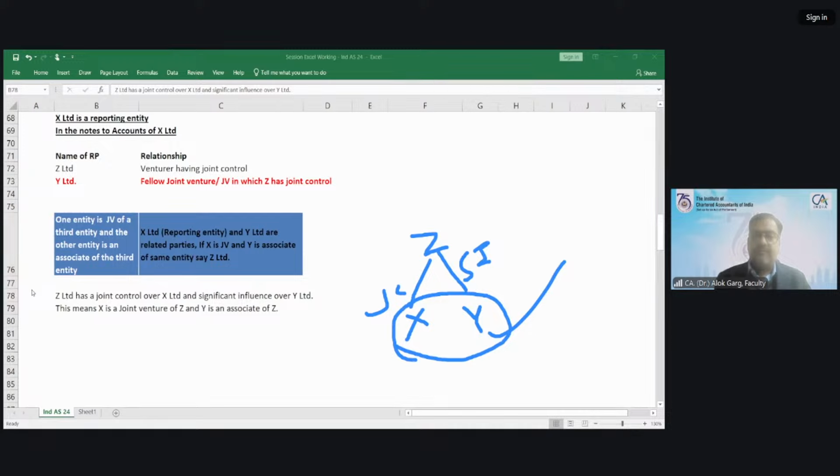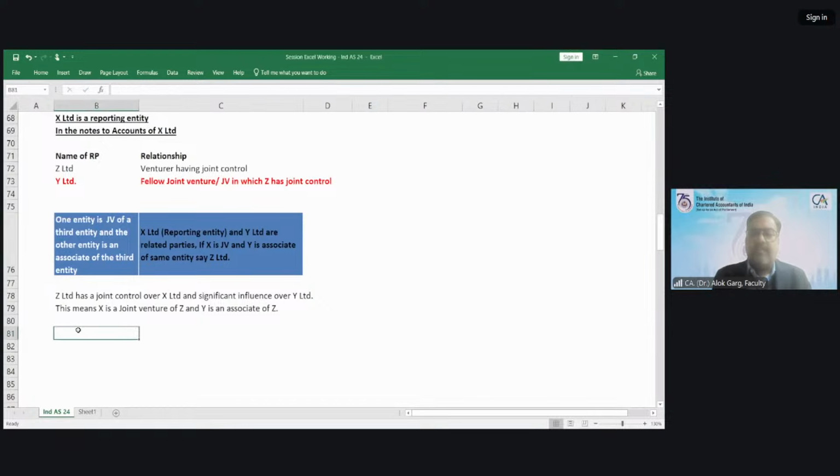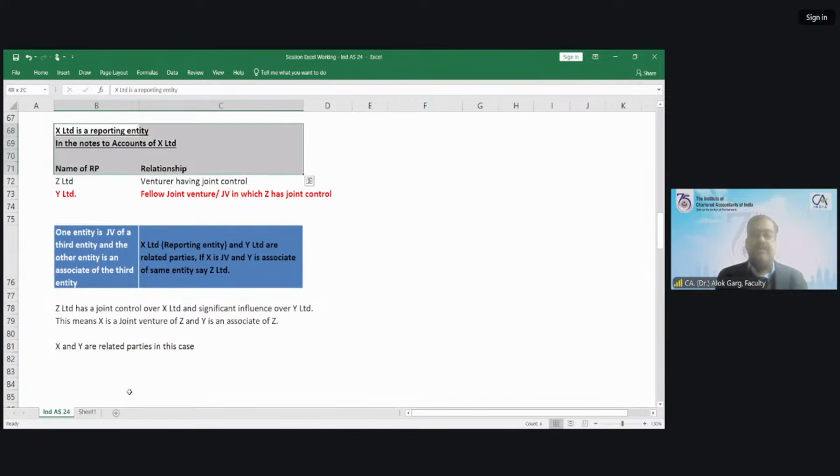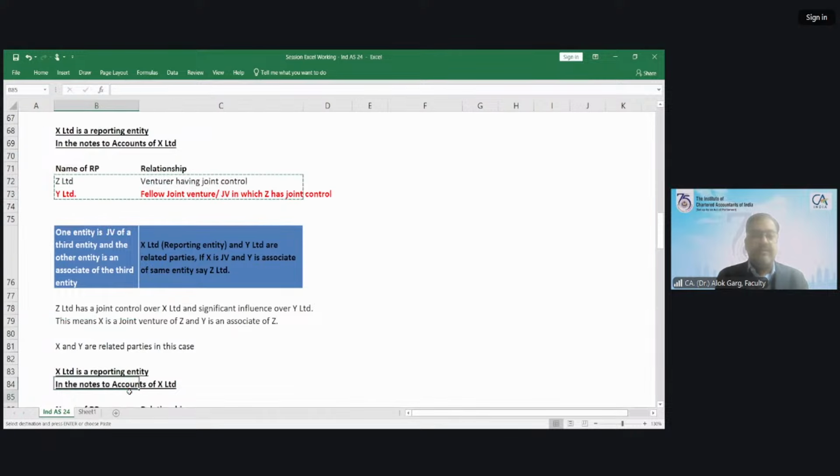Okay, sir. Either it could be the JV or associate. X and Y are related parties in this case. Entities in this case. So let's say X Limited is a reporting entity. So what will you present here? X Limited is a reporting entity. So in this case,